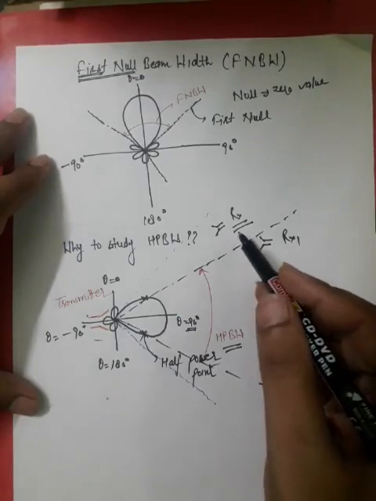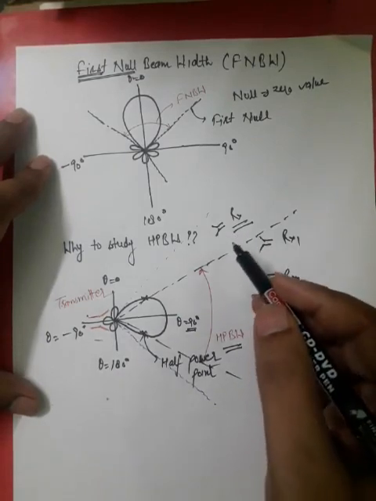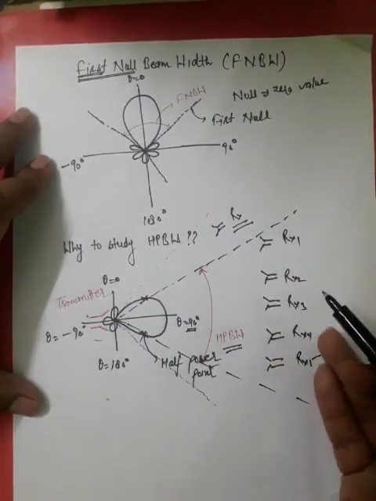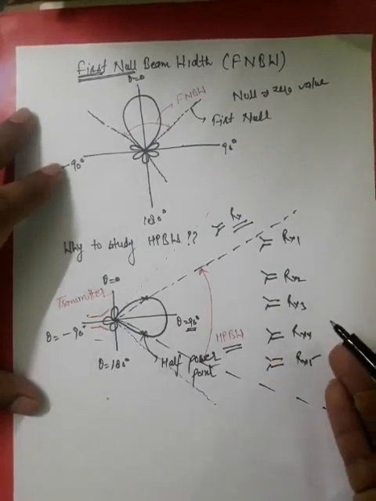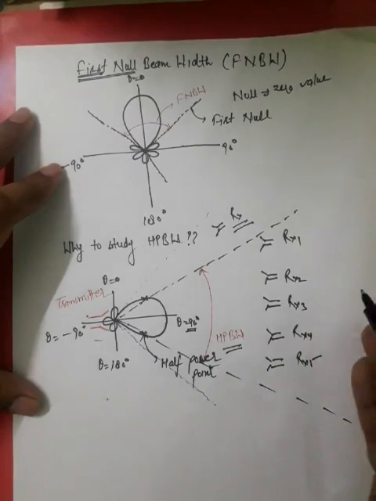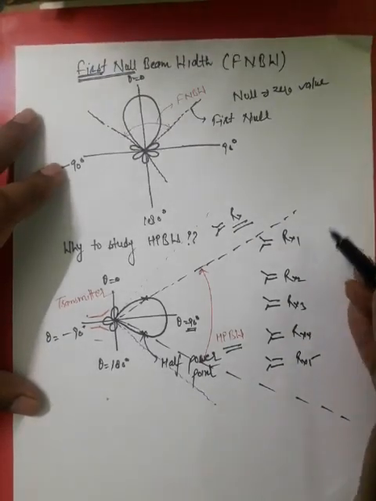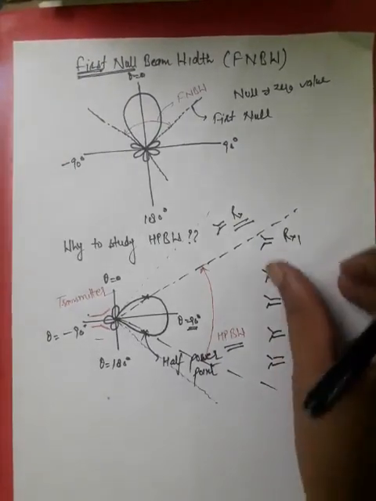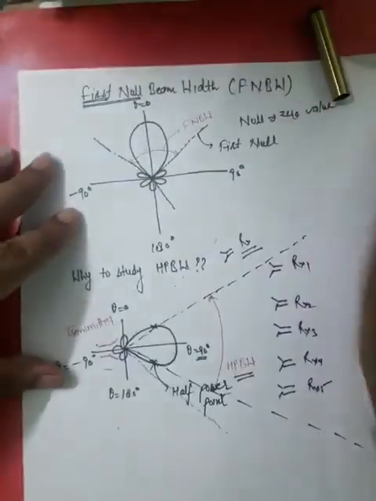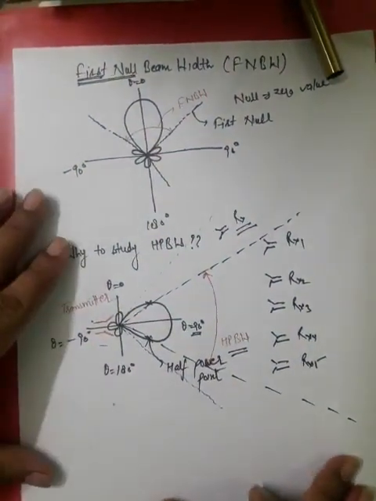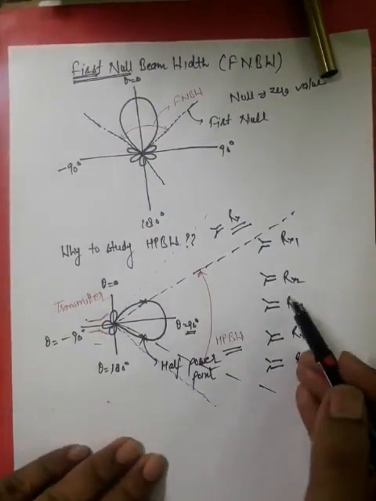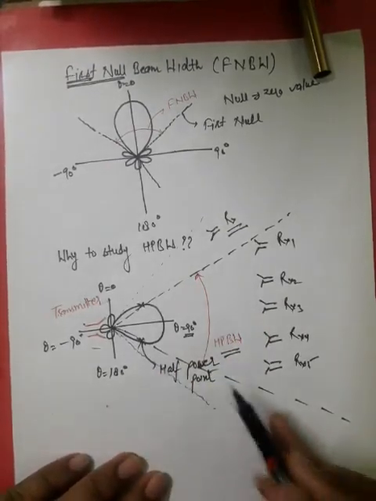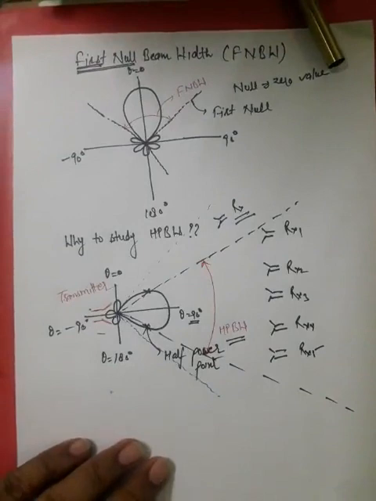So at the starting point, I told you that the radiation pattern tells us that if any receiver antenna is within the illumination area, it will receive the power. It is true, but for a good amount of power, that antenna must be within the half power beam width. So I think this point must be very clear to you, that if we have to place our receiver antenna, it must be placed within the half power beam width of the transmitting antenna.